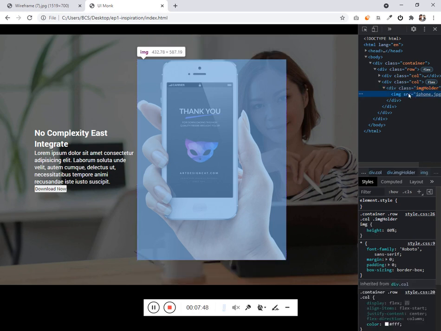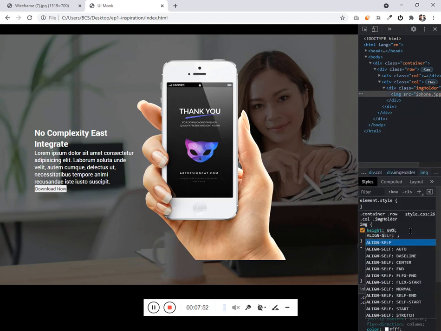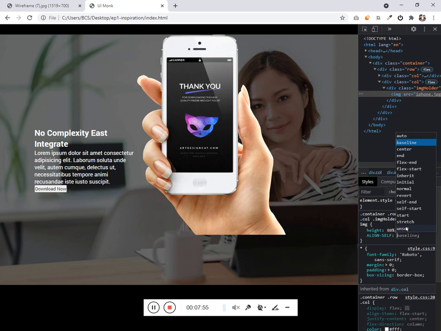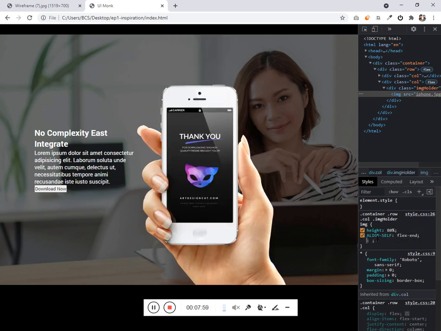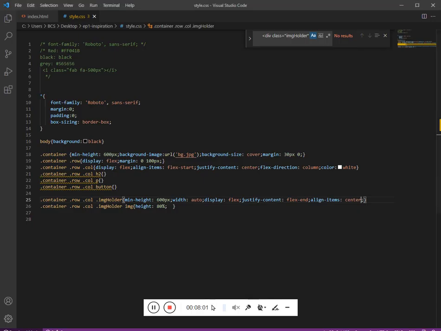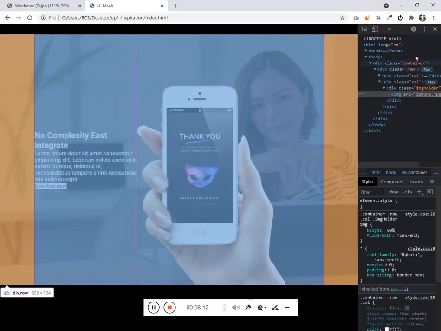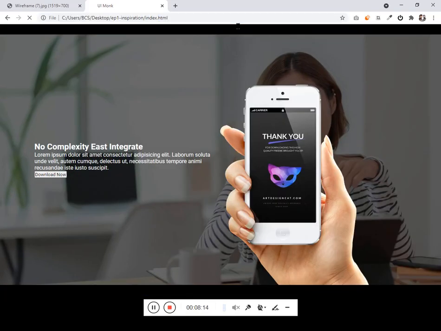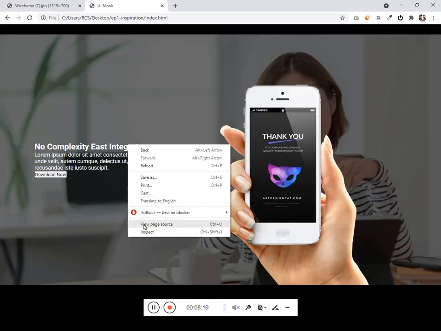Now I want this to be at the bottom, so align self would be the right one. So we don't need this. Actually display flex is needed. Without display flex it won't work.